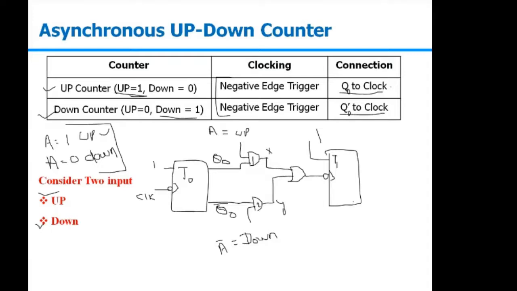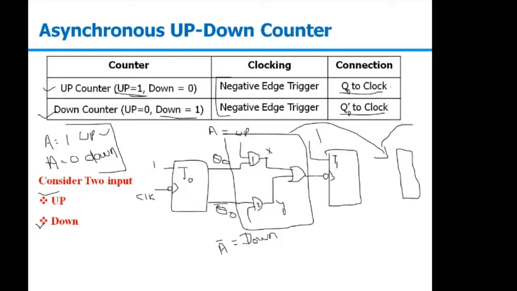Now if it is a 3-bit counter, we will simply add this circuit to the next stage as well. The same circuit will be repeated here, and then we have the next stage. So it is quite simple. For a 4-bit counter, you will repeat the circuit again here, right? So the use of these gates, whether you are using AND or some other configuration, is totally user dependent.